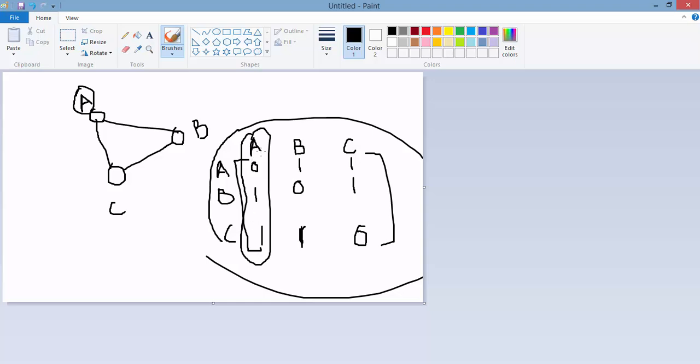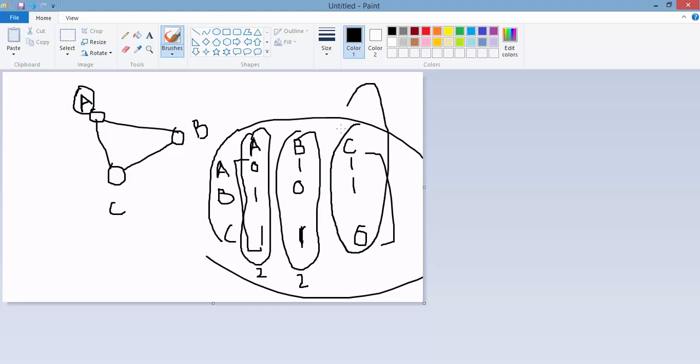If you want to check how many neighbors A has, just sum up this column, we will get 2. So it means that A has 2 neighbors. Now same is the case with B. If you want to check how many neighbors B has, it's simple, 1 plus 1, it's 2. And same is the case with C. So how many neighbors does C have? It also has 2 neighbors. Okay,